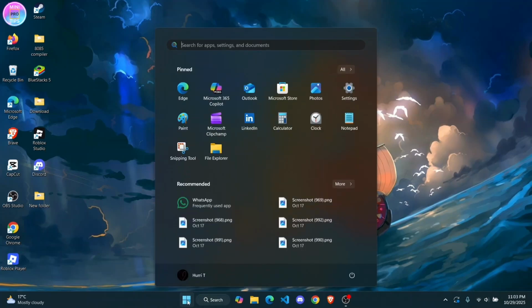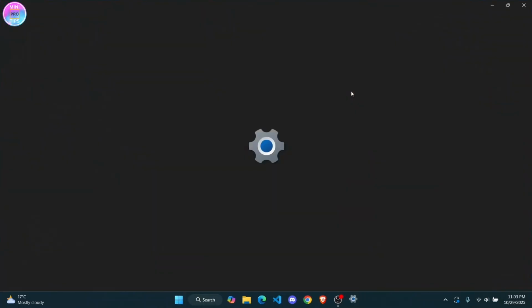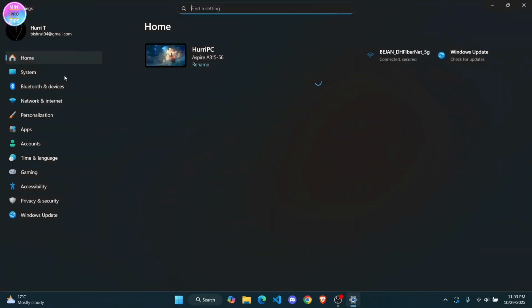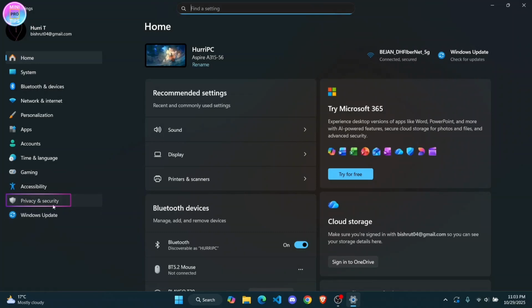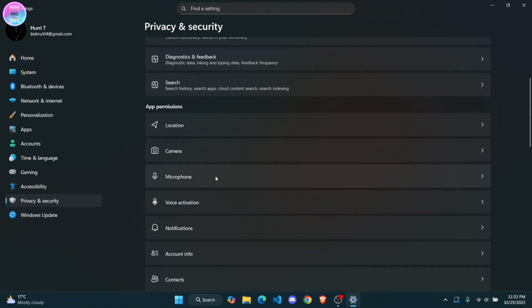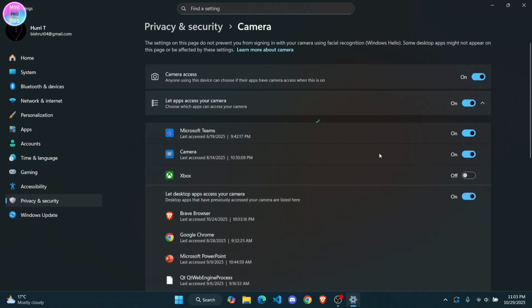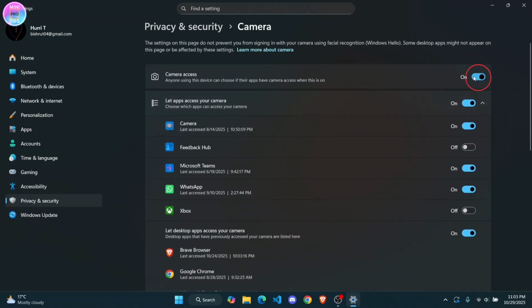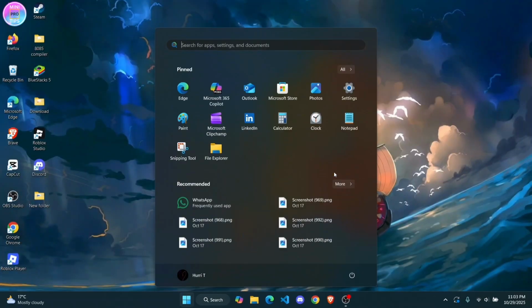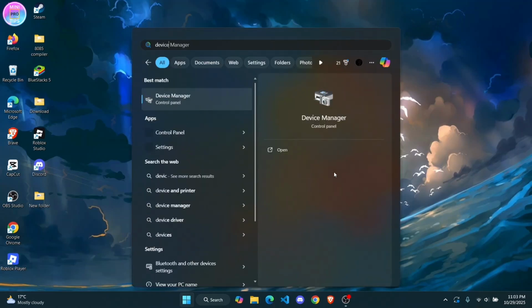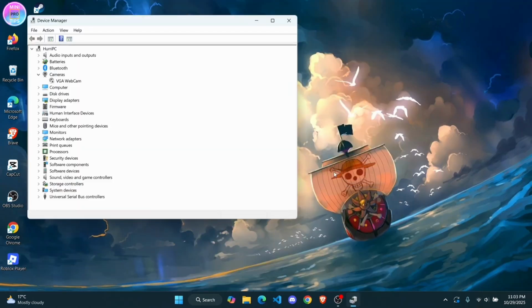So simply first thing to do is go over to settings. From here, you need to go over to privacy and security, and then scroll down and find camera. Tap on it. Make sure the camera access is turned on over here, and make sure your camera app and other application have your camera access enabled. Once that is done, close it out, go to device manager, hit enter,